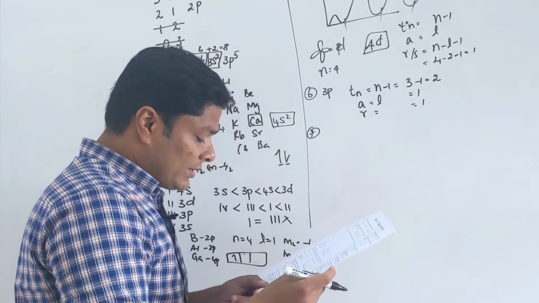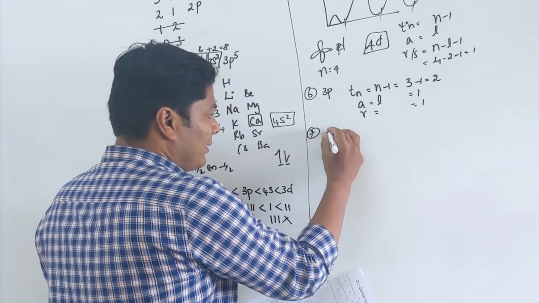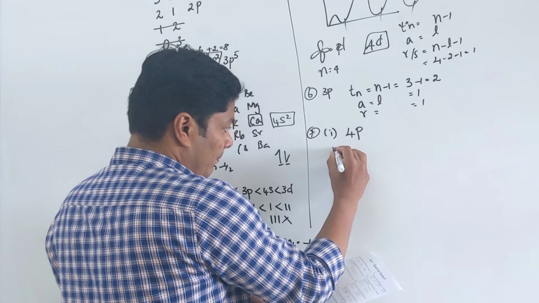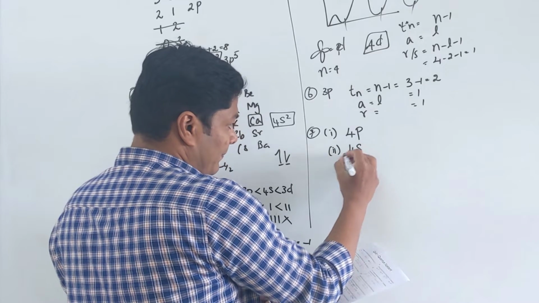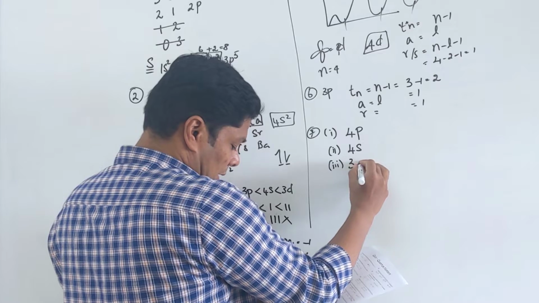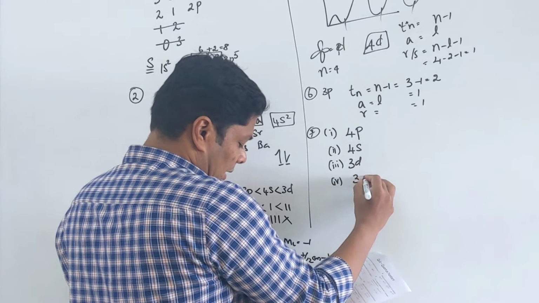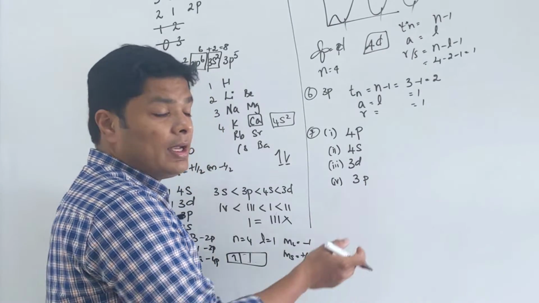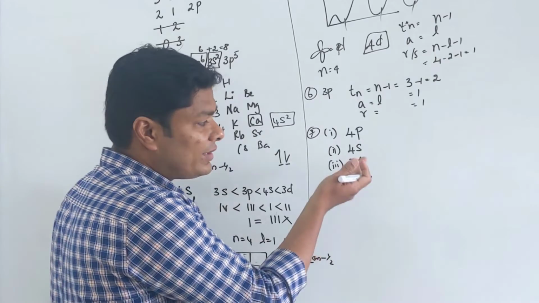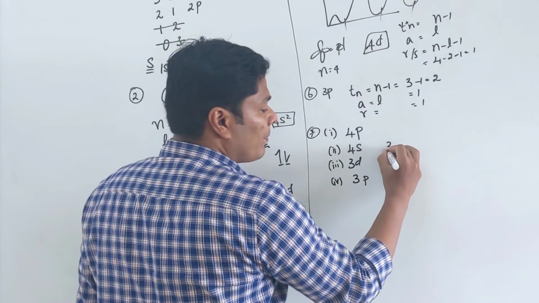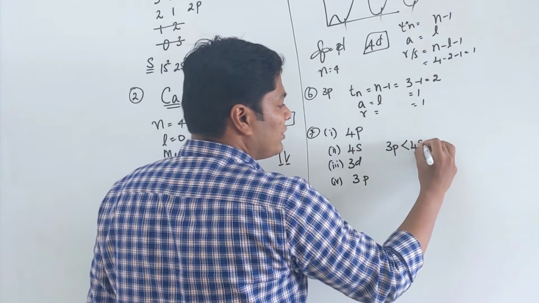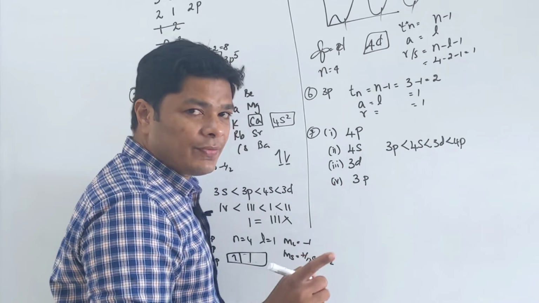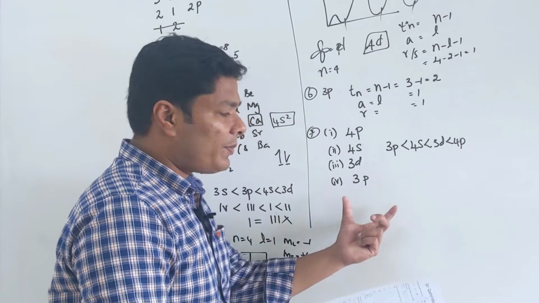Question number 7. The electrons filled with the quantum numbers n, l, all these are given. So let's write them down. n equals 4, l equals 1. So we are talking about 4p, 4s, 3d, 3p. Okay, they are asking about increasing order of energy from lowest to highest. Let's just write this down the way we know. We know that 3p is lower in energy than 4s, which is lower in energy than 3d, which is lower than 4p. If what I am doing right now is fast for you, it means you have not studied your quantum numbers properly, Aufbau principle.